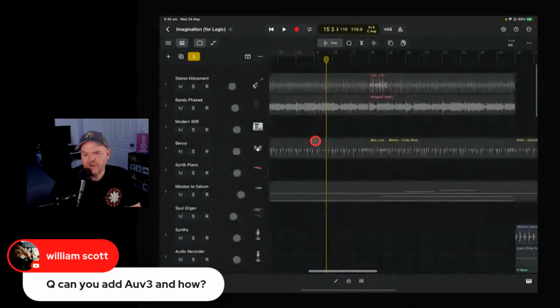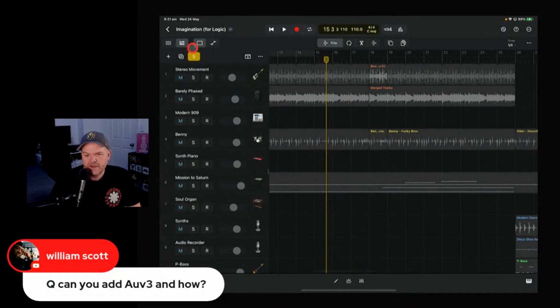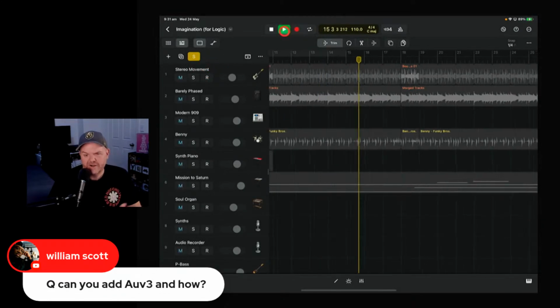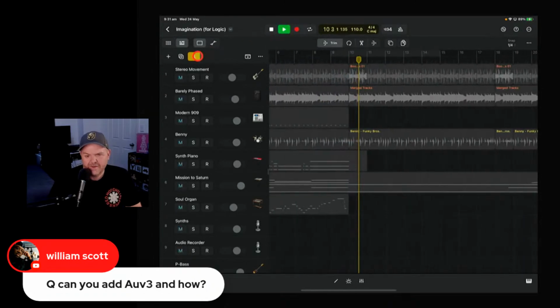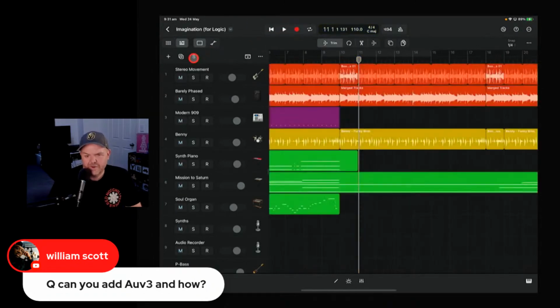Oh, by the way, have you noticed here that we've got this up here? All of our mutes are flashing at us, and this solo button is on. The solo light's on and the mute buttons are flashing to tell us that something's going on here. Have you ever been playing a project and you're like, what's going on? What's not happening here? There's a solo on. Tap that one, the solo goes off, everything's back.